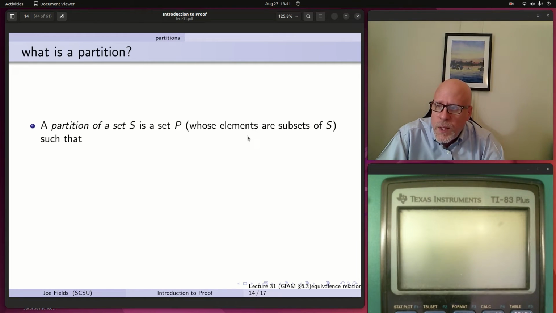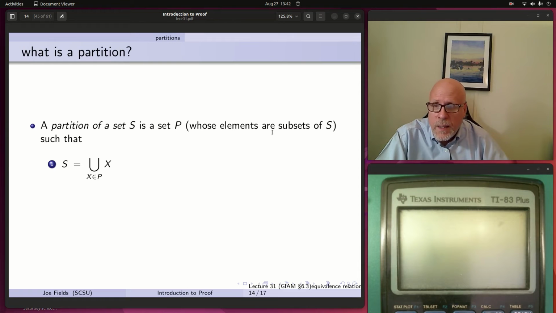Okay, so what is a partition? It's basically taking those two properties that we just saw and formalizing them. A partition of a set S is a set P consisting of subsets of S. So we're breaking S up into some number of subsets. It doesn't need to be finite, frankly. And what we need are two things. S is literally the union of all the things that are in P. So every element of S is in one of those X's, one of the elements of P. And